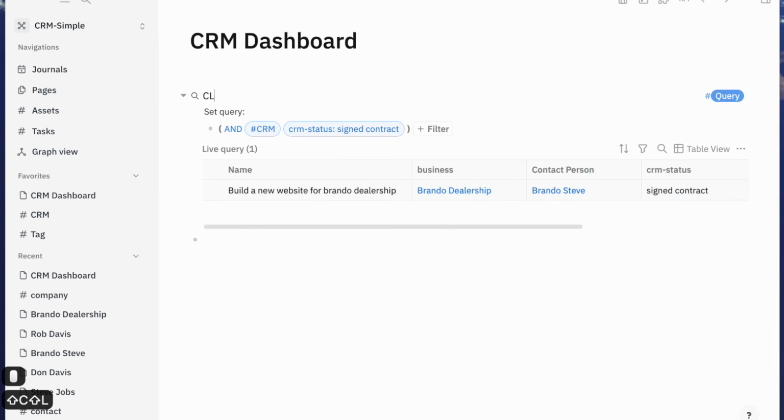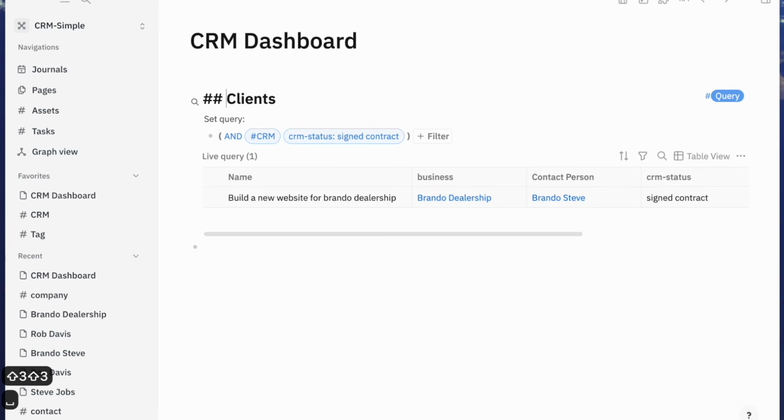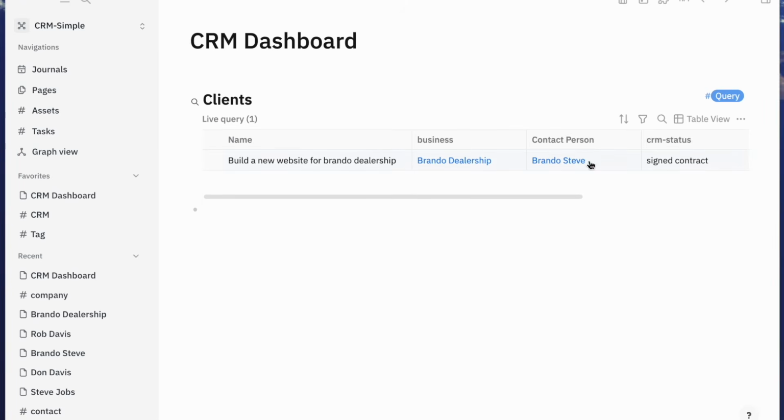So for this one, we'll do client, and let's give it a bit of heading here, so it looks nice. One thing I don't like about heading with queries today, the cogwheel shifts a little higher up. But whatever, I guess we'll go with it. So now I have a table with the client info here. So now next one is going to be, we do another simple query for